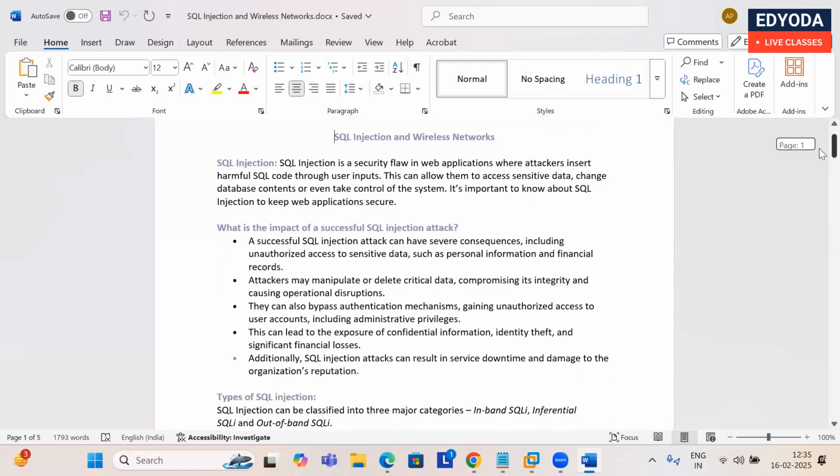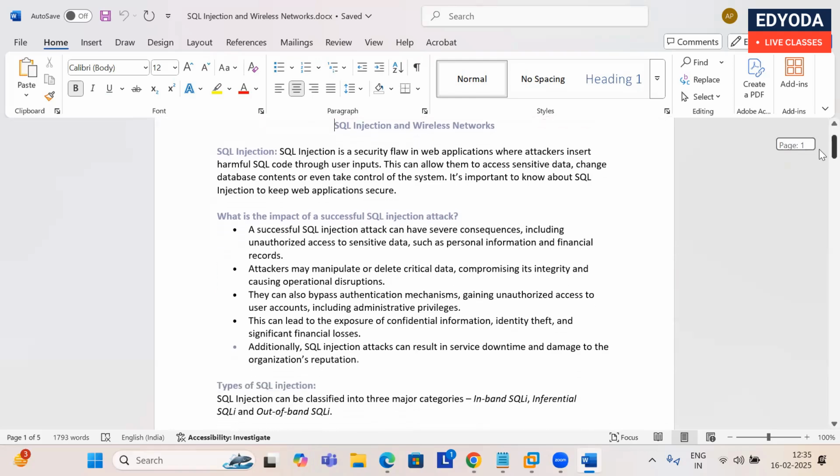What is the impact of the SQL injection attack? A successful injection attack can have severe consequences, including unauthorized access to sensitive data, such as personal information and financial records. Attackers may manipulate or delete critical data if they have control. They can also compromise the integrity